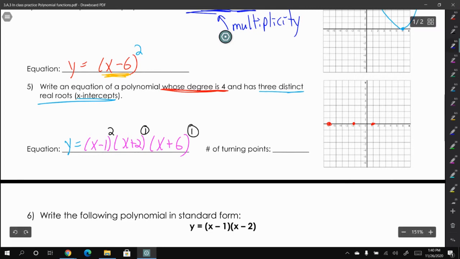My leading coefficient is positive. I didn't change anything. I didn't put anything out there. The problem didn't say I had to. So because the leading coefficient is positive, the right side is going to go up. Now, the behavior at this 0, let's look at our equation. That even multiplicity means we're going to bounce here and cross and cross. So we must